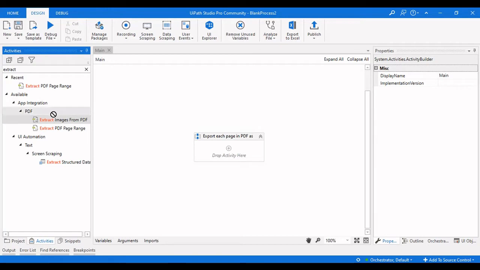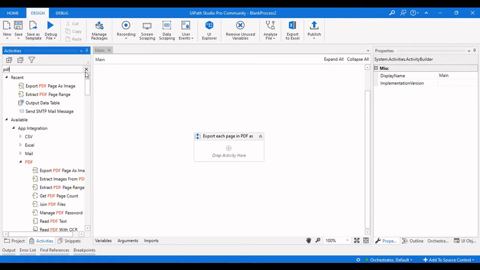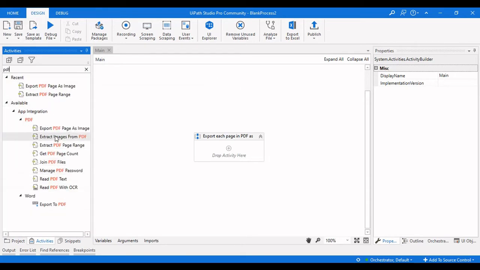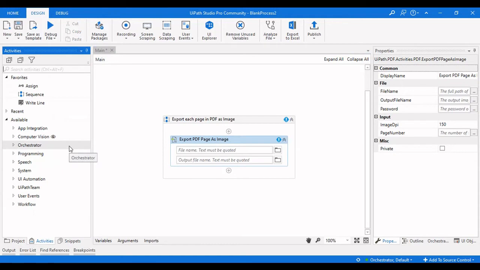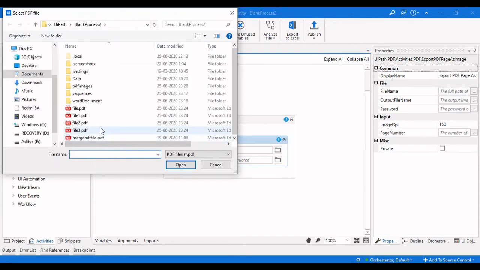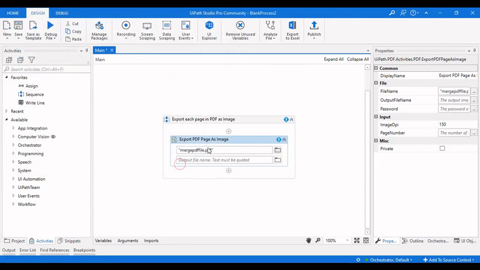Let me type this as PDF, so you can get all the PDF activities which are there here. Export PDF page as image. Here we have the input file name and the output file name.